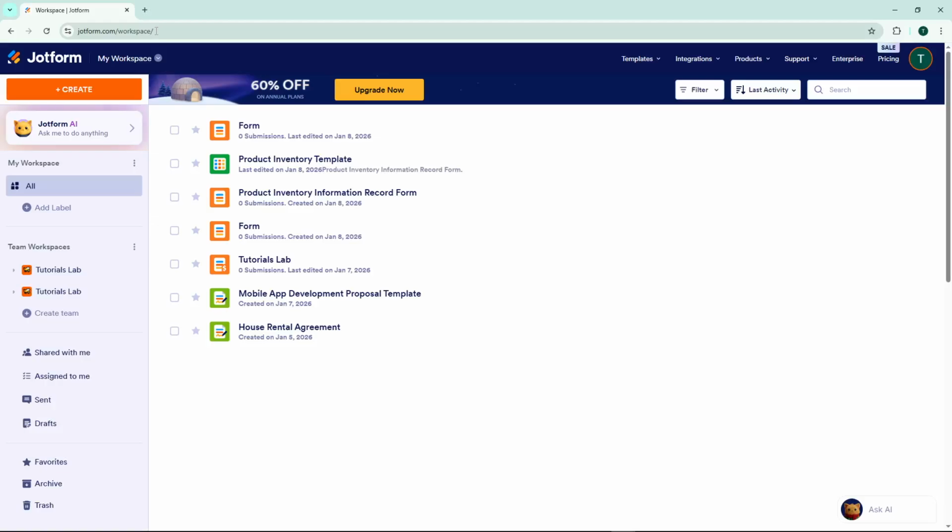Welcome back, everybody. Today, I'm going to teach you how to integrate Jotform with Cybersource. This integration allows you to securely process payments directly through your forms, making it perfect for businesses that need a